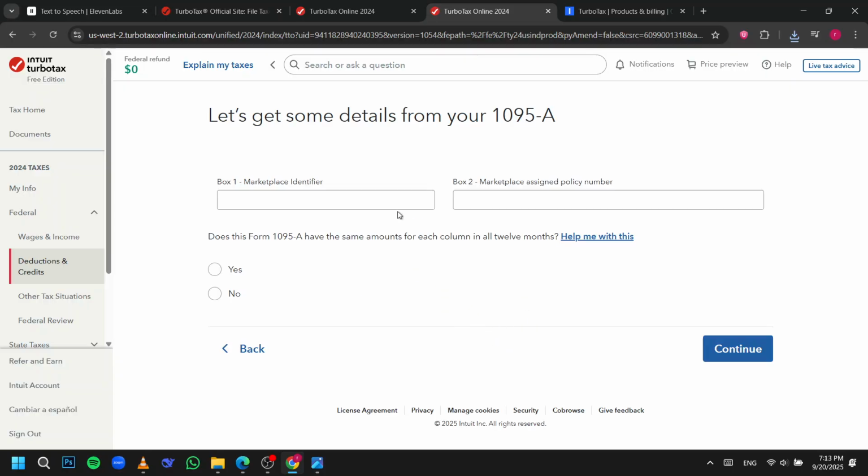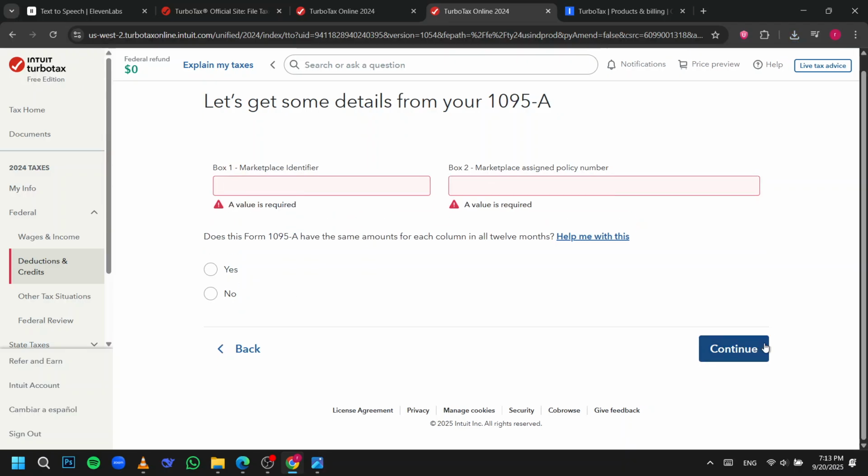And that's it. You've successfully begun filing your 1095-A on TurboTax. Following these steps ensures your health coverage information is accurate and makes tax season